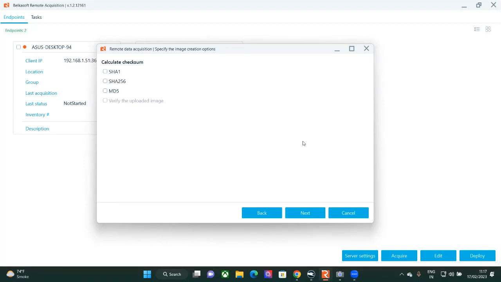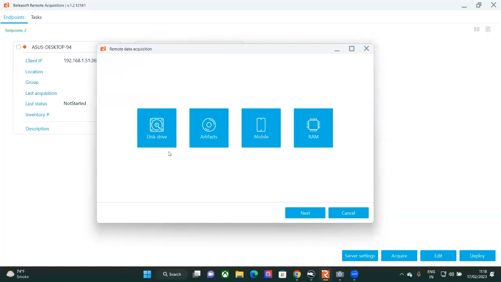It will give details about credentials, encrypted drives, and apps that are running in the system, which will help us investigate which type of application the client is using and for what purpose. We can also calculate the hash values, that is SHA-1, SHA-256 and MD5, which we can verify with the uploaded